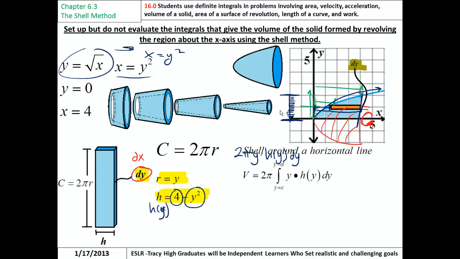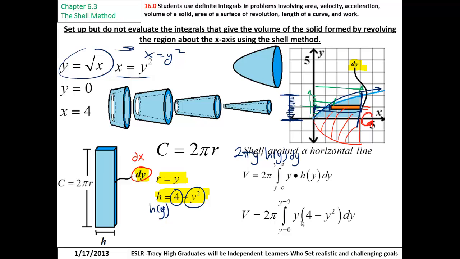And for this particular instance, we're just matching up y's and putting everything in terms of y and setting up that integral, and that will give you the volume. But notice that in this case, you had to set up the 4 minus y squared and get the difference of this thing, and it was a little harder than using the disk method originally, in which case you